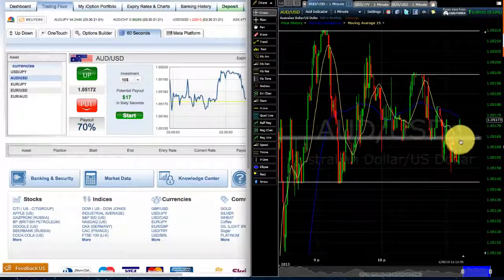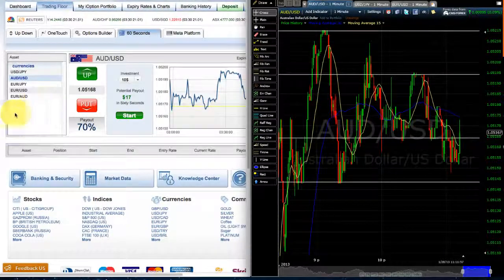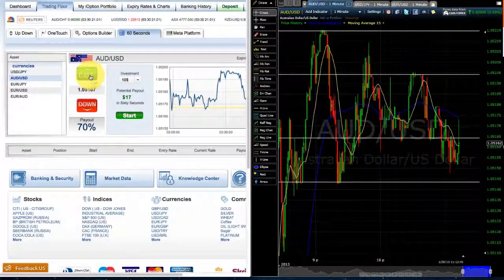I see here it's actually broken through. We're actually going to trade this now. So this is the AUD USD. We're going to hit up, and we're just going to start